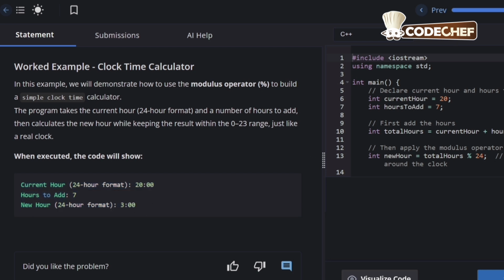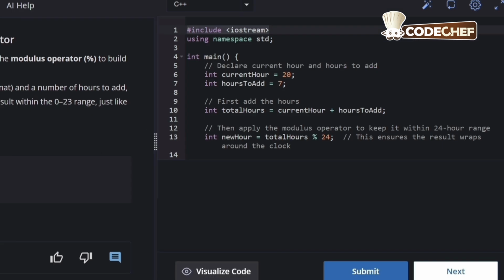Coming to the code, #include <iostream>, using namespace std. Now inside main, we are declaring and initializing two variables: int currentHour = 20; and int hoursToAdd = 7; Now let us first add the values of these two variables, currentHour and hoursToAdd, and store it in a new variable called totalHours. So int totalHours = currentHour + hoursToAdd;